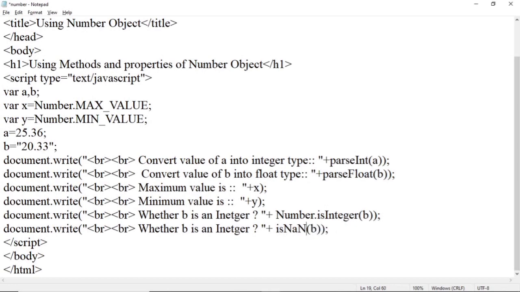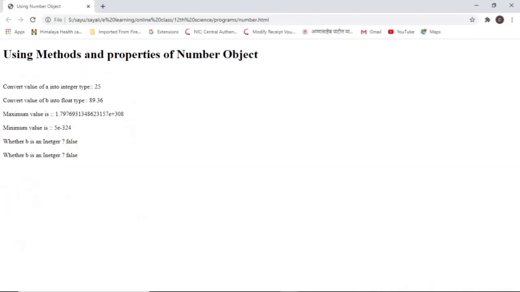Value of b is to be checked. Whether b is not a number. So save this program and refresh the page to see the output. See here, b is not a number, its value is false.